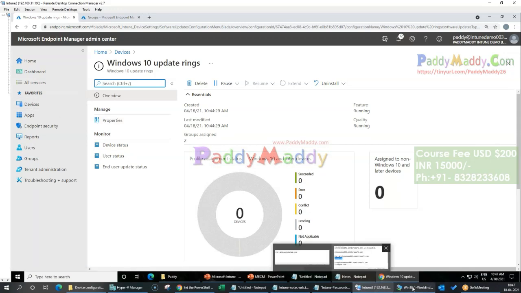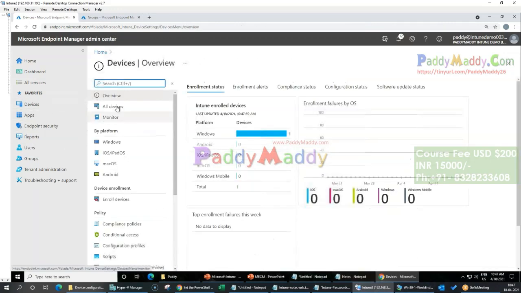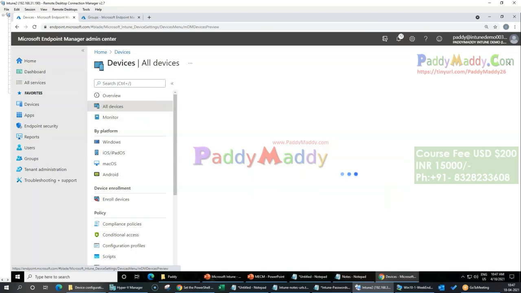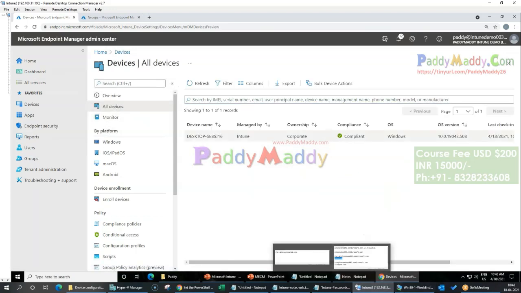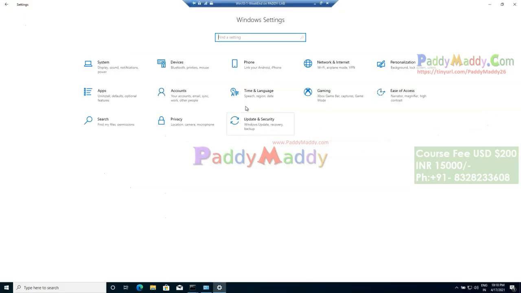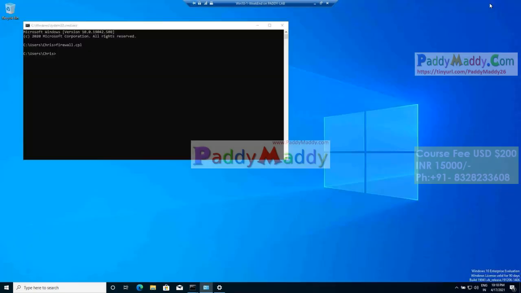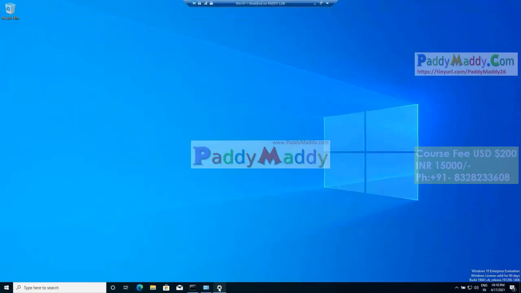This is not the end of a single device. We would spin up a lot of devices for different purposes. Now the device also becomes compliant because the firewall is turned on. Right. And if I minimize here,